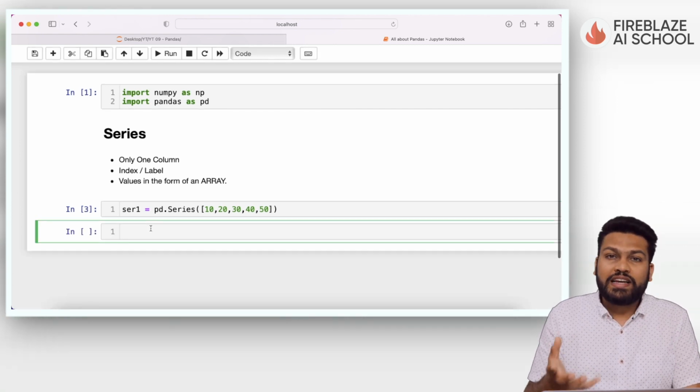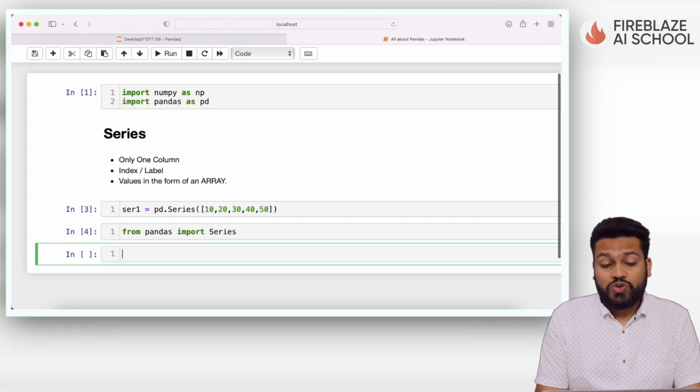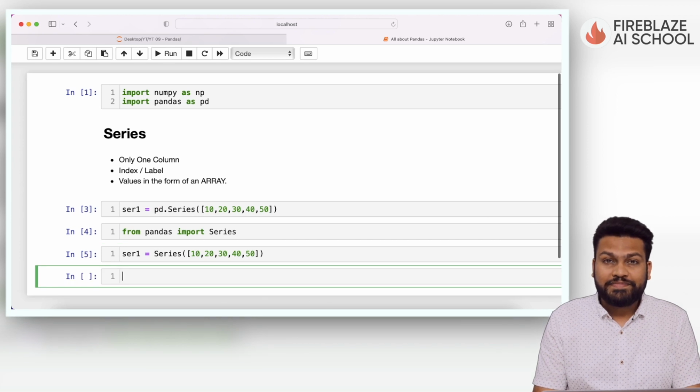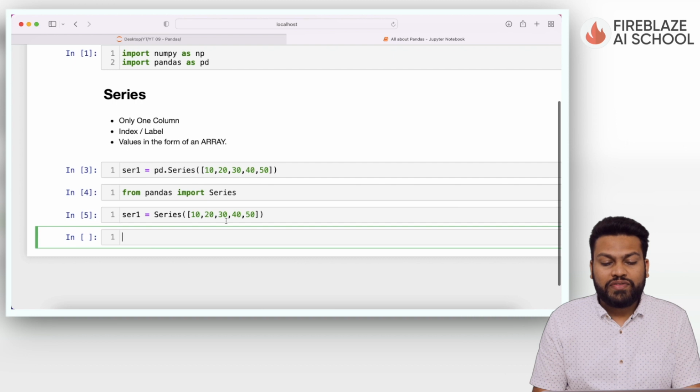Or what I can do is I can import the function and keep it. So I can even write from pandas import Series. So when I run this, and then later on if I try to run the code again, and now if I don't write pd, it will run smoothly without an error, right? So in series1 we have 10, 20, 30, 40, 50, and if I try to show you series1,